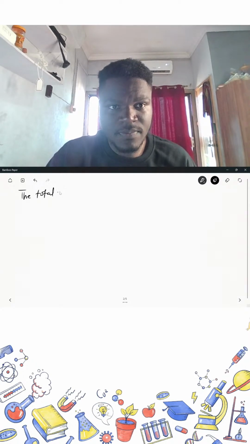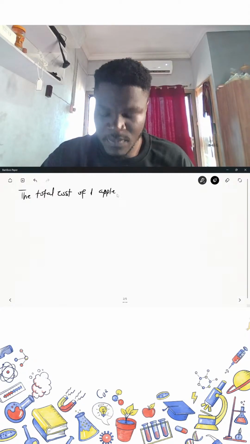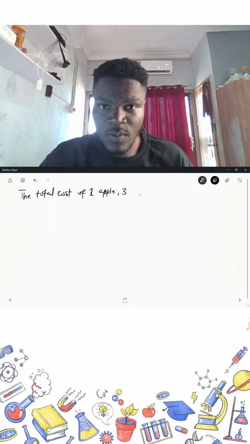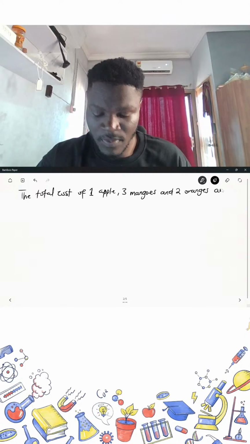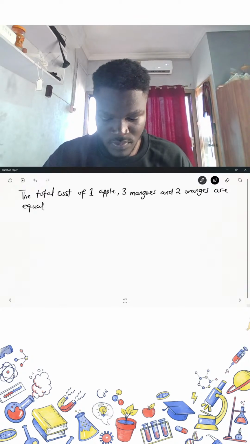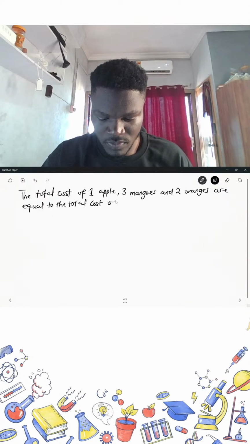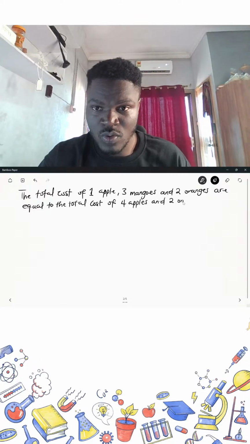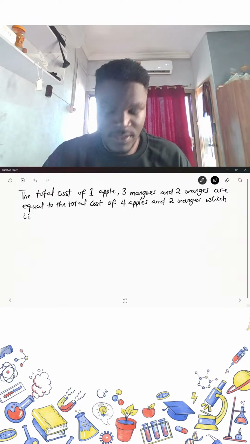The total cost of one apple, three mangoes, and 2 oranges is equal to the total cost of 4 apples and 2 oranges, which is 294. We have to find